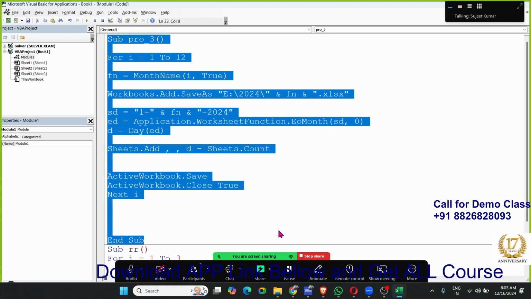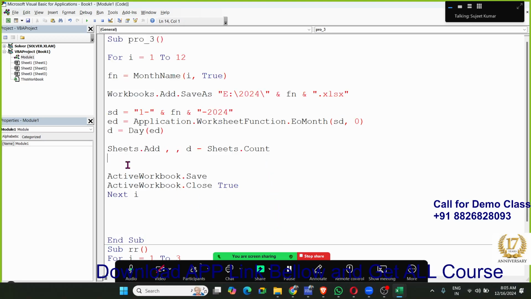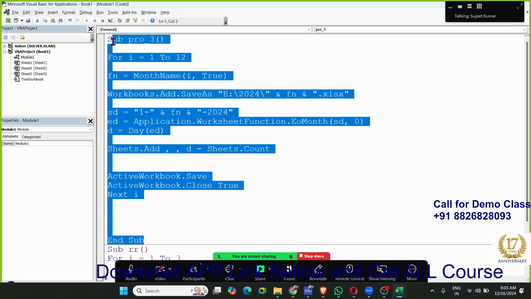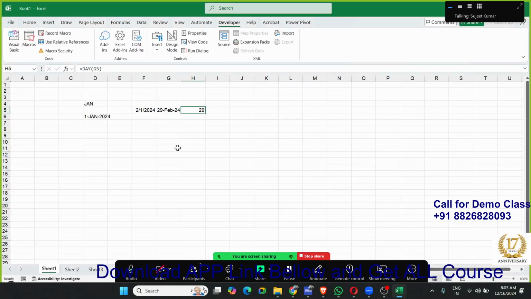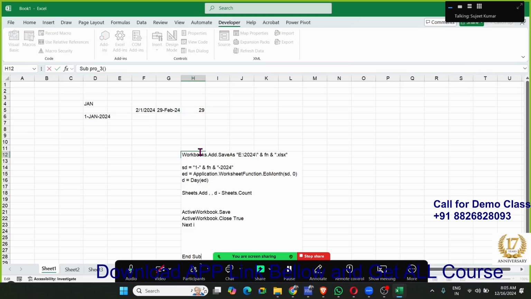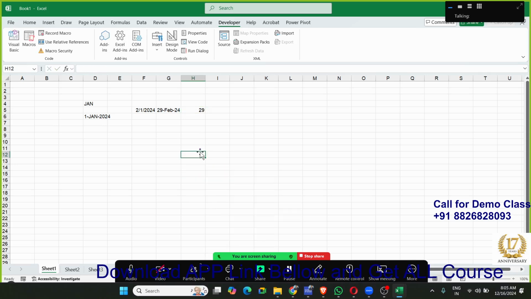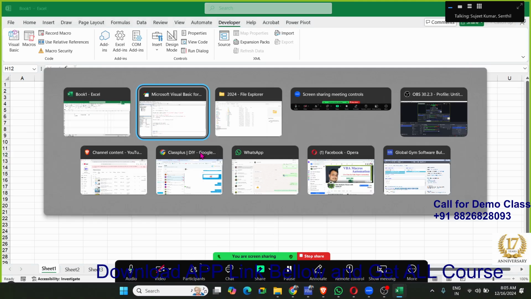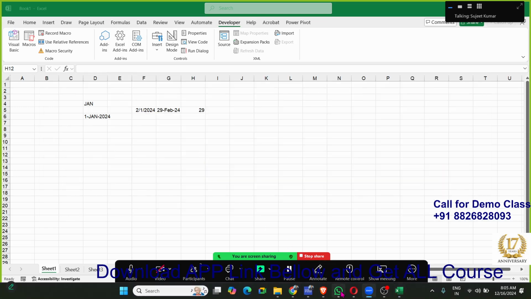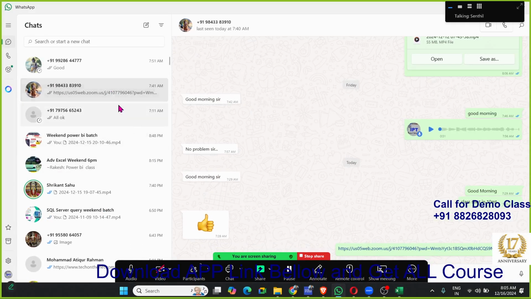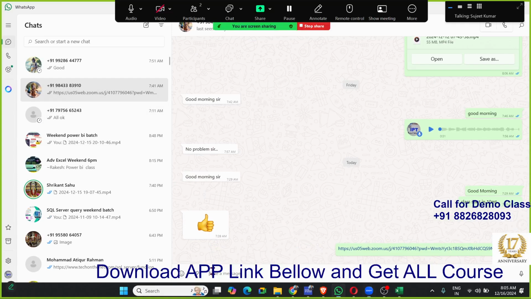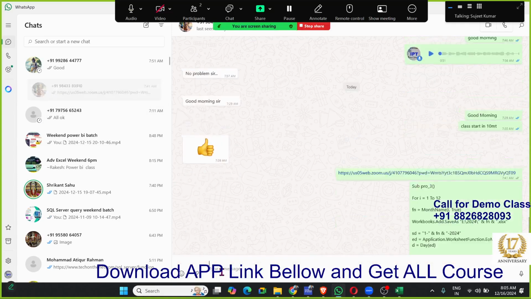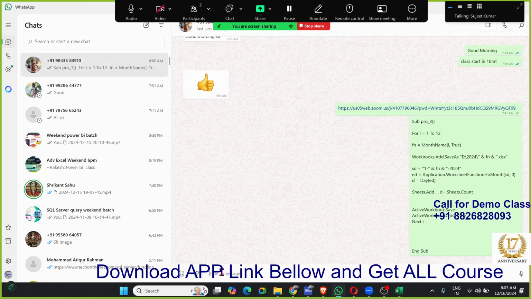You have to add code here. Okay, how can you insert the number of sheets here? How can you rename my sheets according to the date? So I have sent you this code on WhatsApp, and you have to make it and send it to me. Okay, and now